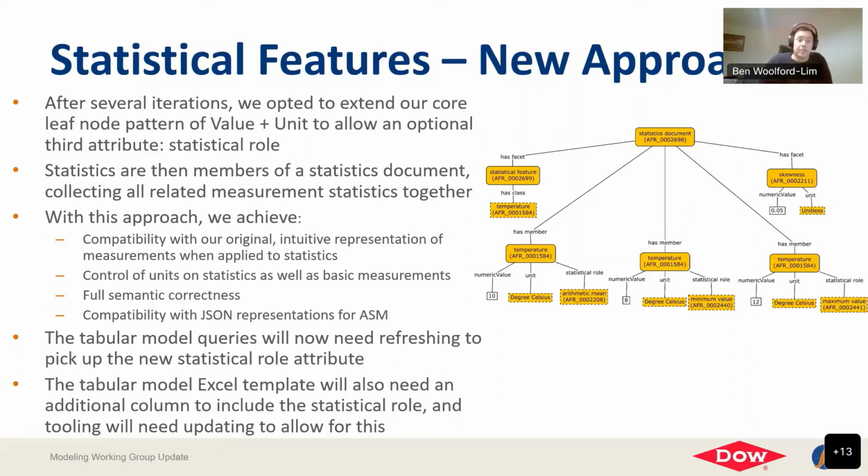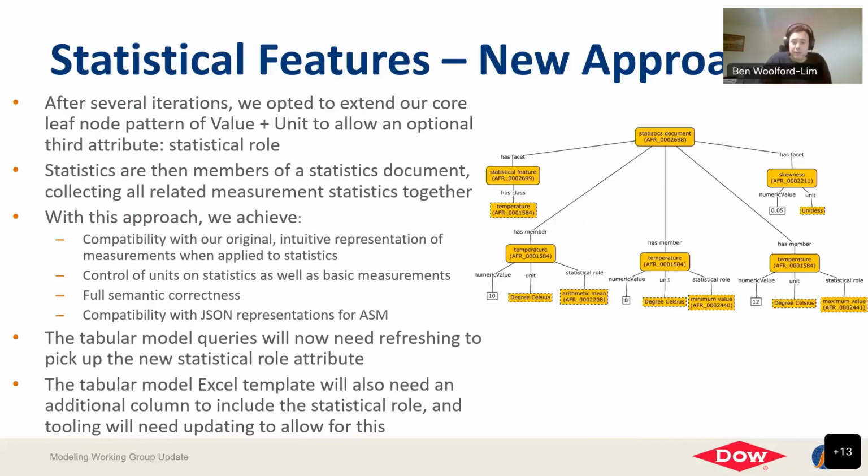Likewise, and tying back into Amnon's mention of the toolchain, that tabular model Excel template that we've been using successfully for the last few years, we'll need to do a small update to that to add a column for the statistical role. So you can say this value is an average versus this value is a maximum, or this is just a regular value, and we'll have to update our tooling to allow for that. So there's a new pattern, a new approach. As a result, we've got a little bit of updating to be done with our toolchain, but the strength is